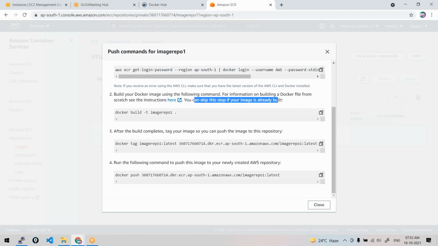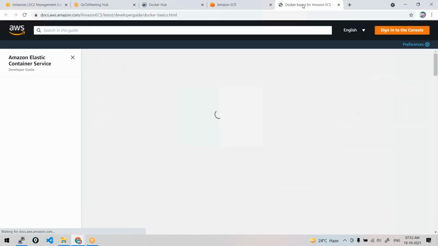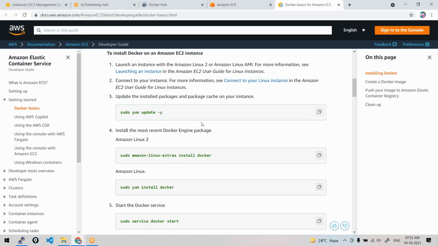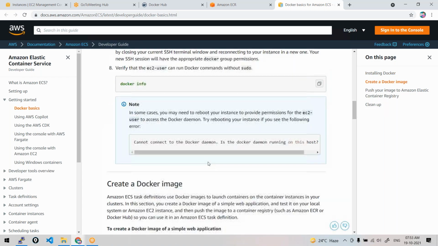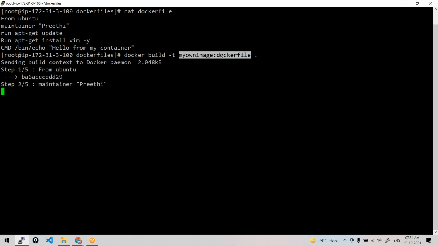You can skip if the image is already built. That's all. Image building from Dockerfile instructions were also available here. That's what we were doing. Of course, this is on AWS. Anyway, just come back. Okay, so let us build our image. Again, I'm explaining docker build -t, tag your image, give it a name of your choice. If you want to push to any account, you could give the appropriate name here itself so that you need not tag it later. Or else give some name here, later on you could tag it. It's up to you. Dot.